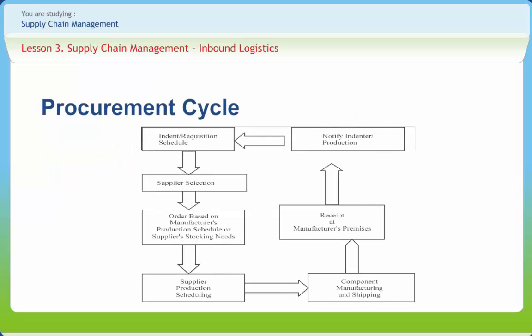The procurement cycle occurs at the manufacturer or supplier interface and includes all processes necessary to ensure that materials are available for manufacturing to occur according to schedule. It begins with a request from within the organization to purchase material, equipment, supplies, or other items from outside the organization, and the cycle ends when the purchasing department is notified that a shipment has been received in satisfactory condition.